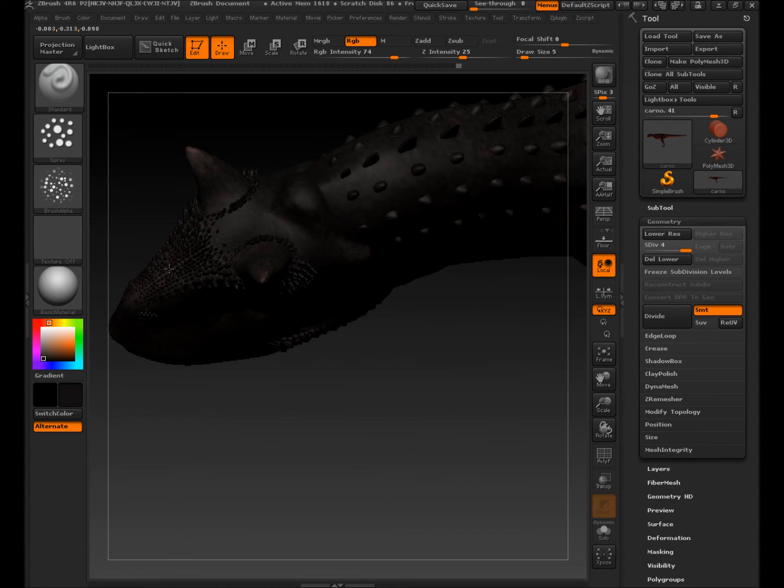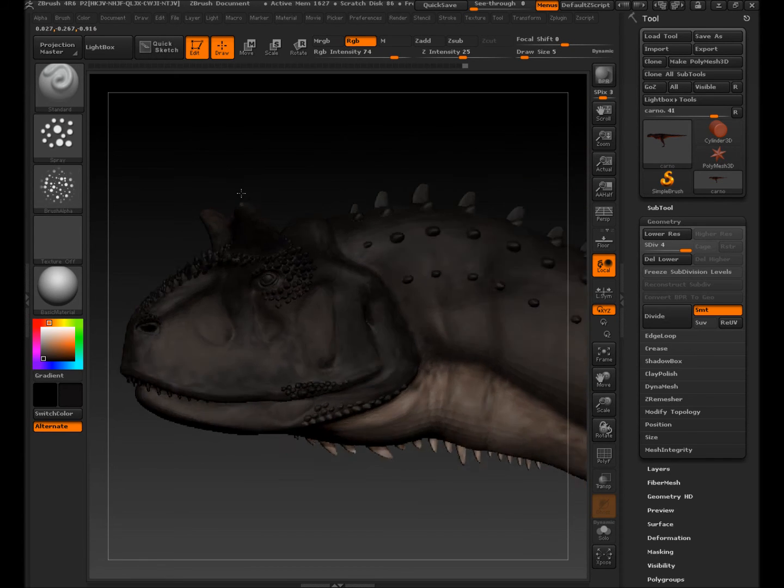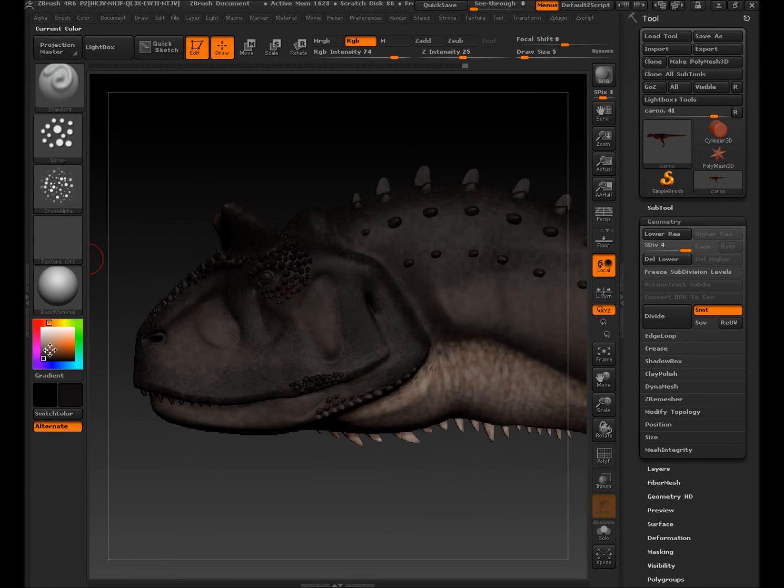And get the top of his head. And maybe where you have sort of these indentations, let's go with a lighter color. It's a little bit too strong. Control Z to undo. Let's reduce the intensity. Now you see here that little red line that appears for just a second before the color starts getting laid